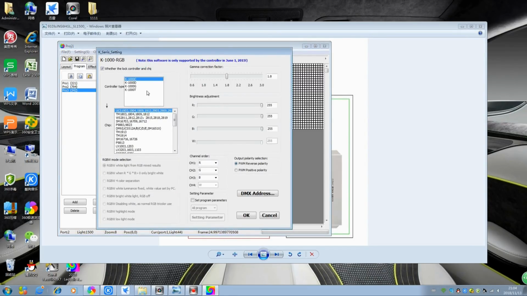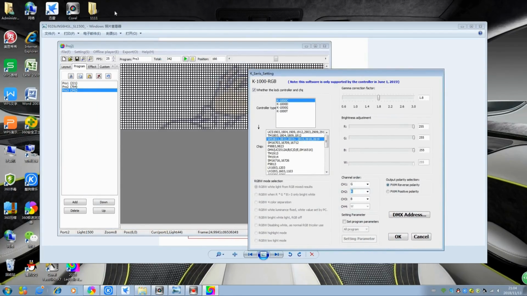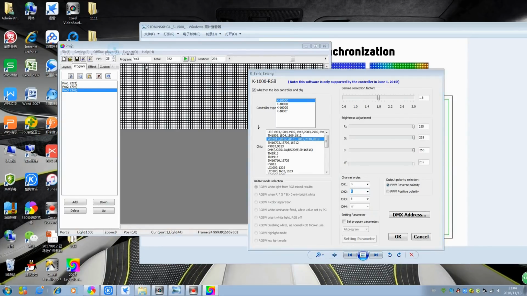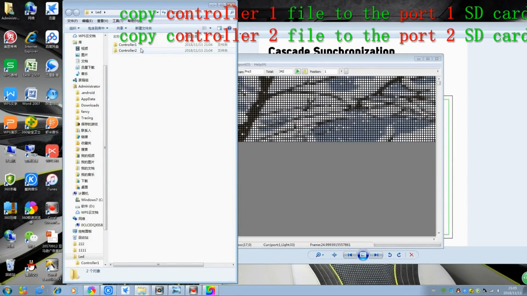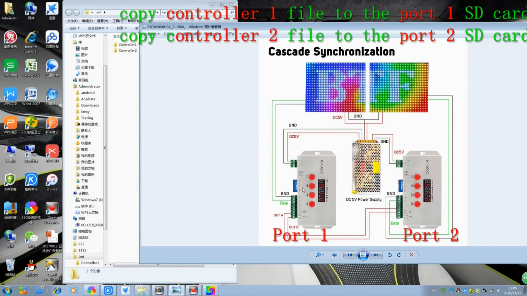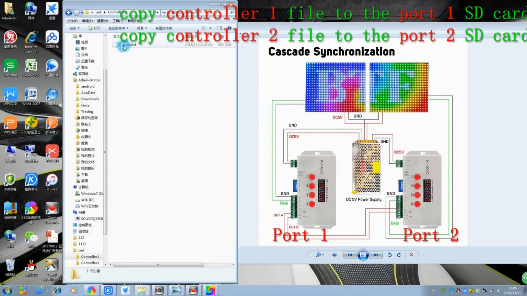Last step, K-1000C, WS2812B, channel order GRB. Click OK. This is the lighting effect for your project. There are two controller files. This is for the port 1 controller. This is for the port 2 controller. This is port 1 controller. So you can copy this